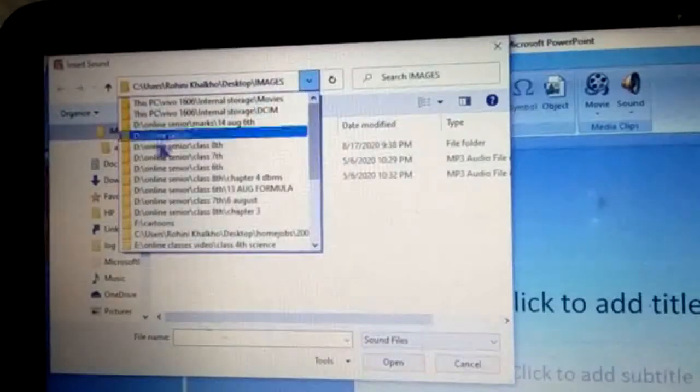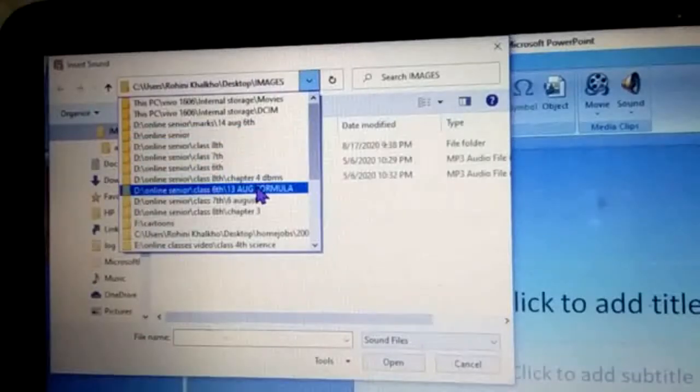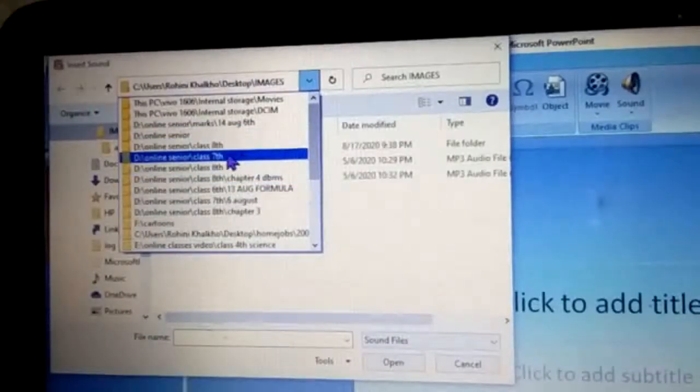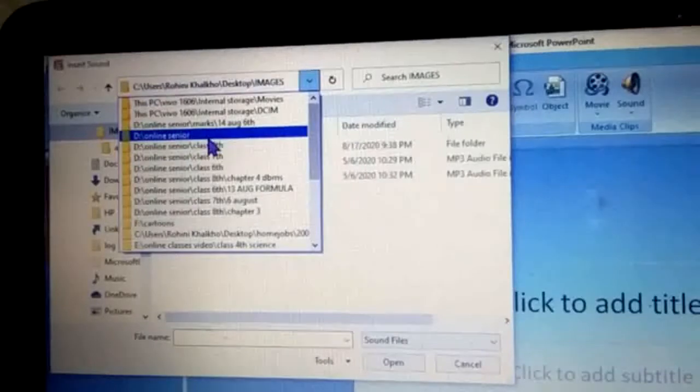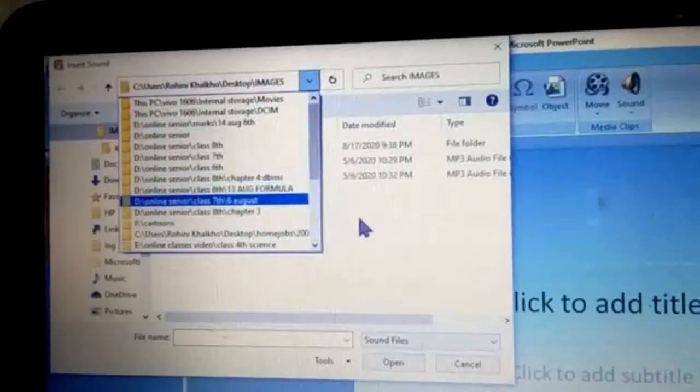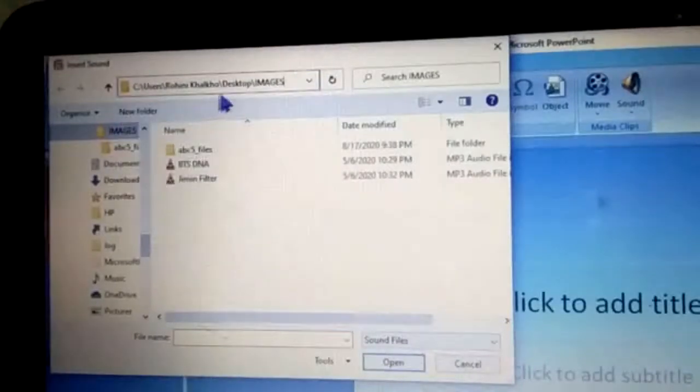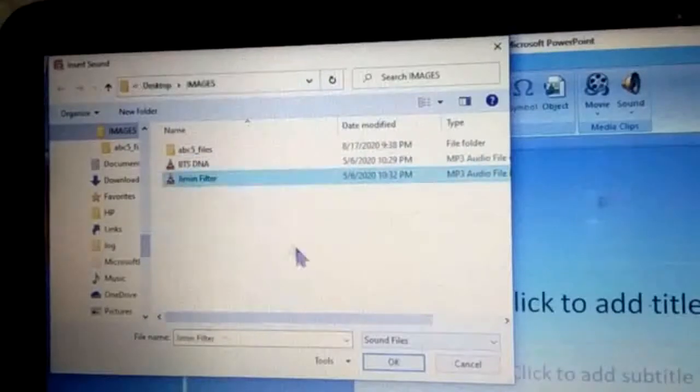See, the details have opened, so I can browse from my PC or laptop, and I can go to D drive, E drive, wherever you have stored your audio files, you can search from it. Right now it is on the desktop, and there is an images folder, and inside it 2 audio files are there. So I will choose one of these. Okay, let's go for this. Then I will click on OK.